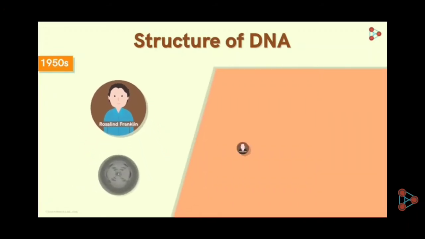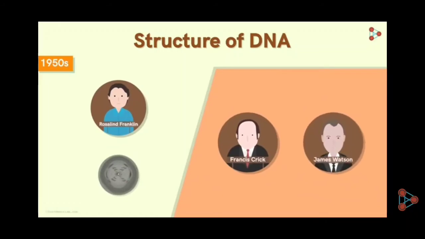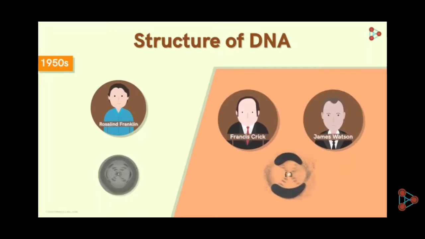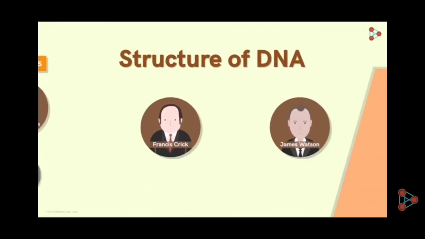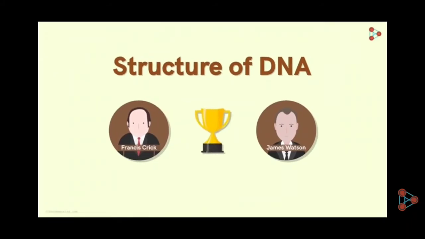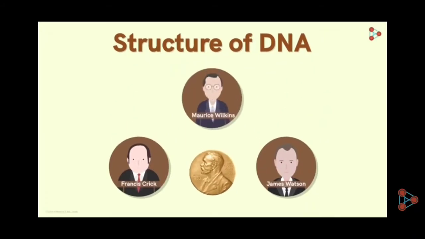Around the same time, Francis Crick and James Watson, two scientists in the field of genetics, worked on the structure of DNA and reached a similar conclusion like Franklin did. However, according to sources, they were fortunate to receive better and earlier recognition compared to Franklin. They even shared a Nobel Prize with Maurice Wilkins for their discovery of the double helical structure of DNA. So let's understand how exactly this double helical structure looks.